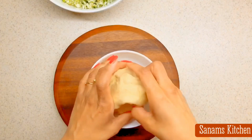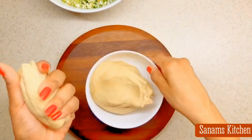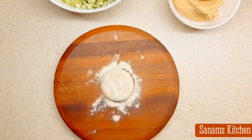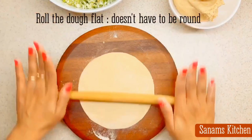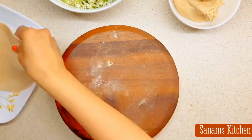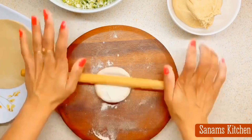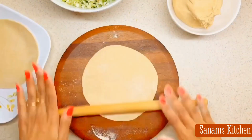So I'm going to divide the dough into equal portions. For the layering, I'm making a top part and a bottom part. So I'm rolling both of them separately. This is the easiest way for me to make this. It doesn't have to be round. You just randomly roll it